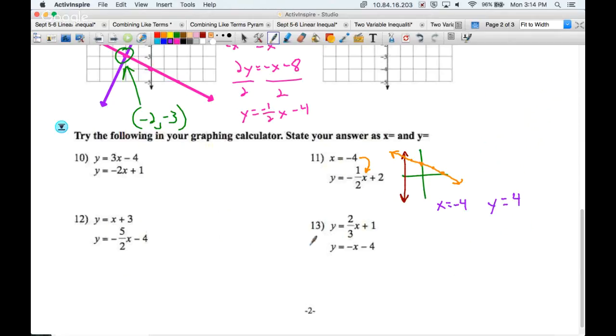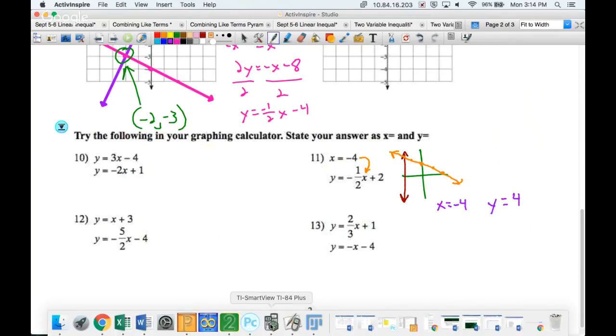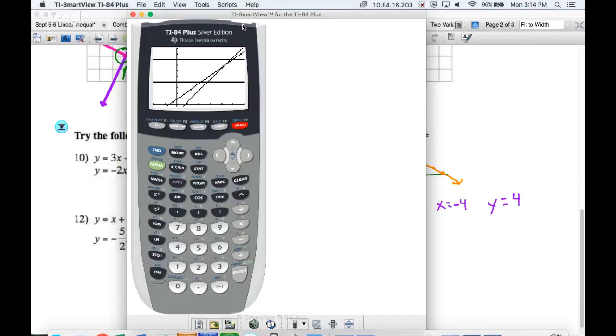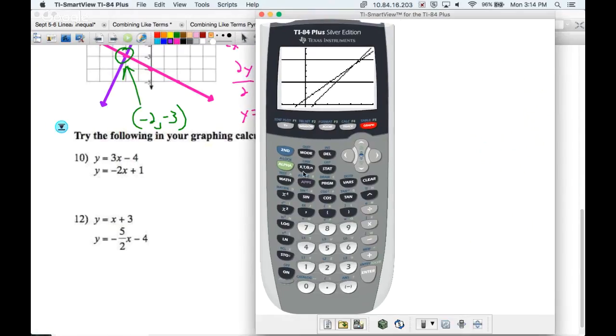Sorry, we can't do that with the graphing calculator, but these other ones we can. Let's go ahead and get on our graphing calculators. For this first one, I'm going to press y equals. Any equations that are already in there, I'm going to clear out by just going to any part of the equation and pressing clear. I'm going to get rid of the whole thing. I'm going to enter the top equation as y1, just the right-hand side of it, and for the right-hand side of this equation, 3x minus 4,